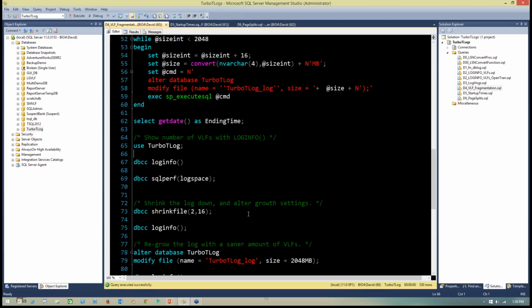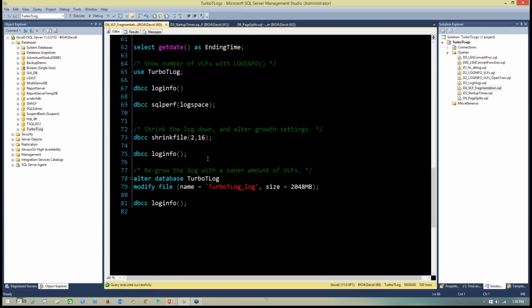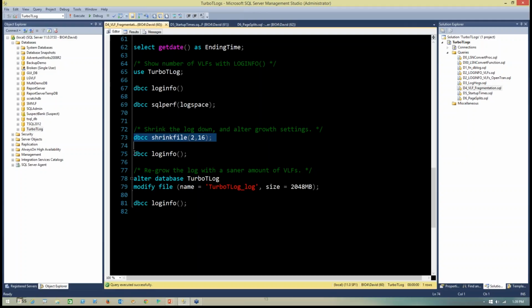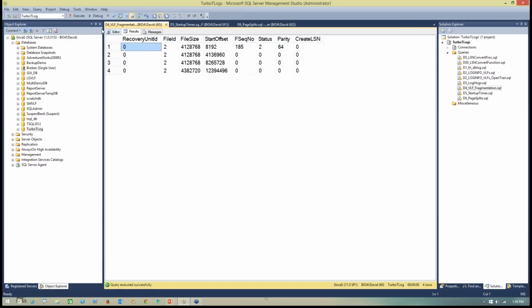So we've got large amounts of VLFs in this log. We want to get rid of those. We want to get that down to a reasonable number. First thing we're going to do is run a shrink file, not a shrink database, but a shrink file on file number 2, which is our log file, and bring that back down to 16 megs. If I run my log info, okay, so here we are back down to 16 megs,